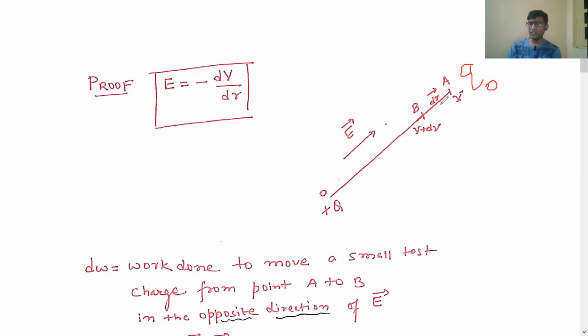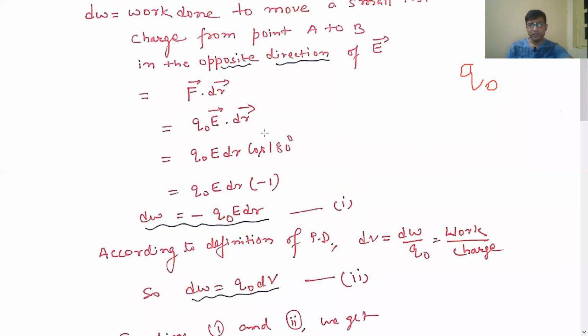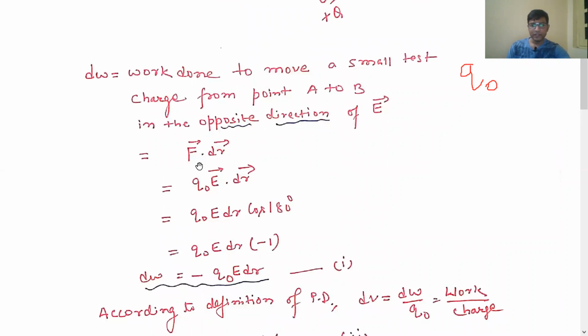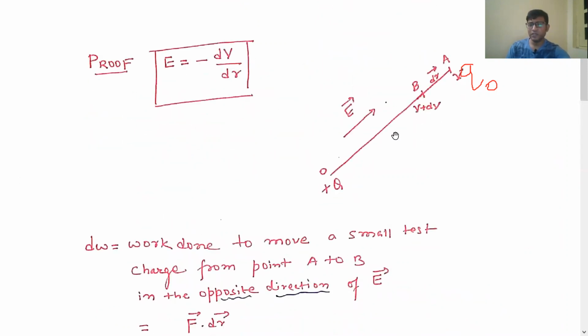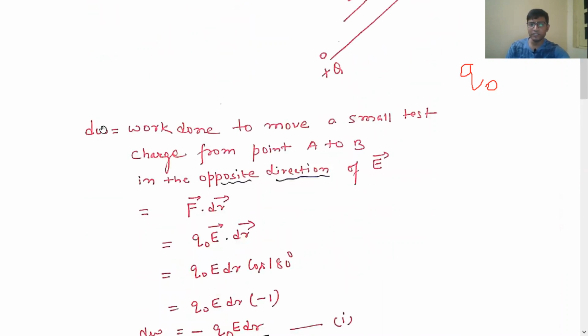So to find out the work done, we have to assume that work is done against the force. So of course, here the work done will be negative. So let's start. See here, work done is equal to force into displacement. The displacement here is very small, see dr in the figure, and that's why the work done will also be very small.